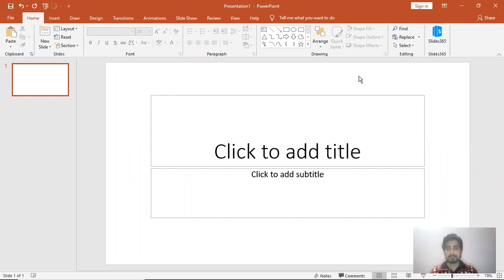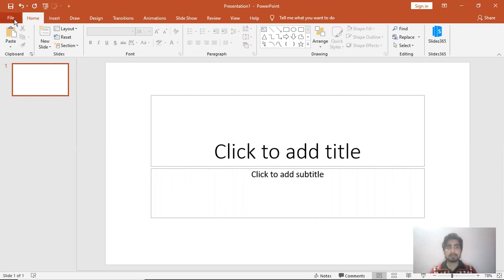So PowerPoint is an application created by Microsoft which has been created for representing your information in an attractive and easy way. So you can create your presentations, you can display your information with different effects, animations, by adding lots of animation effects on that, or designing the text in different formats. So you can just present your data in an attractive manner. So in this, MS PowerPoint has provided lots of options.